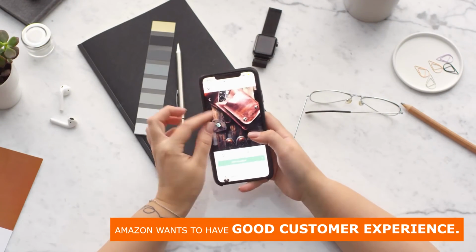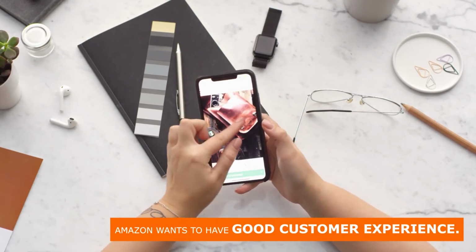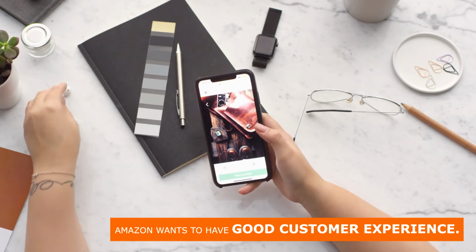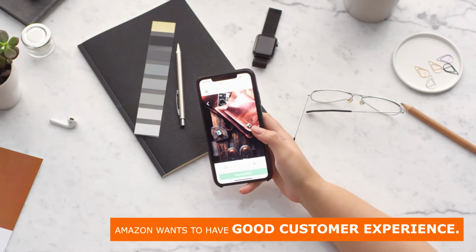Let's say your product is shoes and you have listed your shoes in pants. You will never ever get the right amount of visibility from the keywords related to shoes, no matter what you do, because Amazon wants its customers to have a pretty good customer experience and you are failing it. So in this way, they are going to block you in a lot of ways.